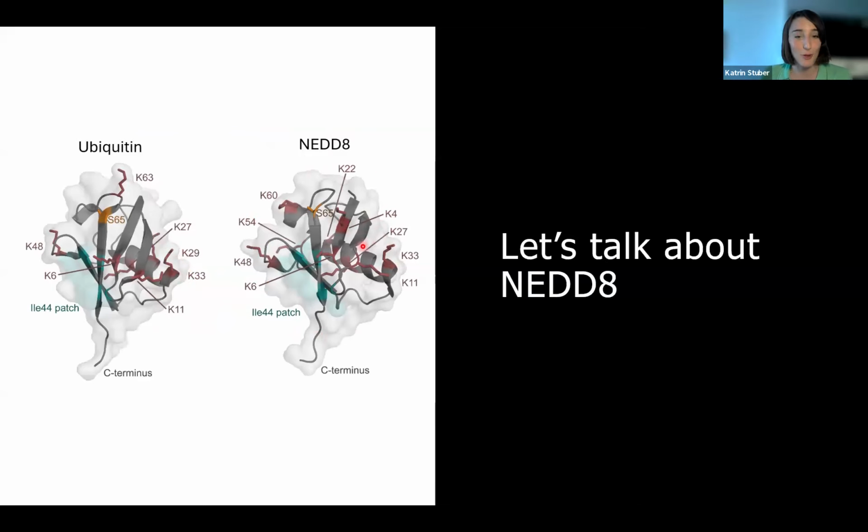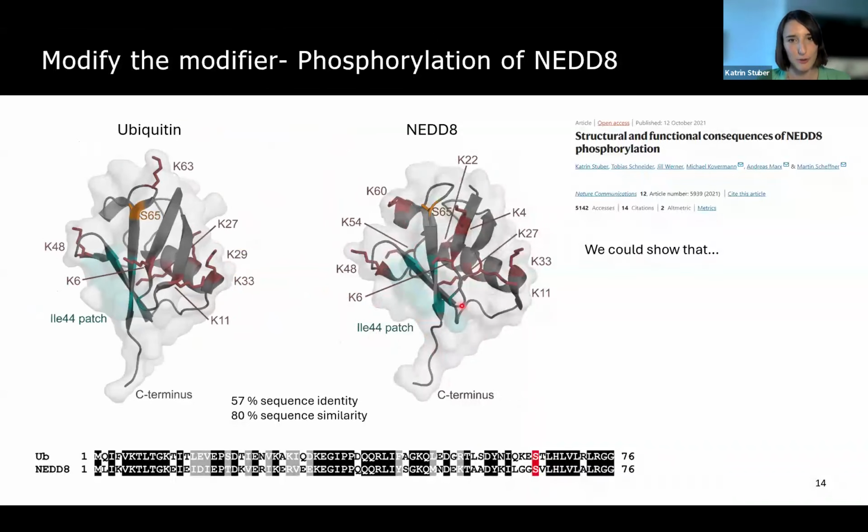NEDD8 is also a ubiquitin-like modifier, and it is the closest relative to ubiquitin. They share 60% of their sequence, and they are 80% identical or similar. And most importantly, both of them have this serine at position 65. And interestingly, if you look at phosphosite.org, this serine 65 of NEDD8 was also found to be phosphorylated. And this is how we got into the investigation of NEDD8 S65 phosphorylation and what